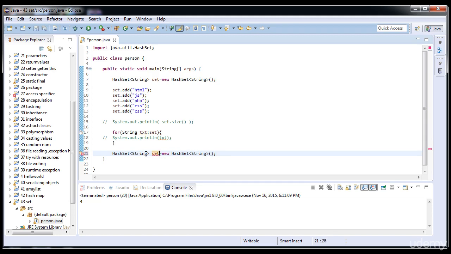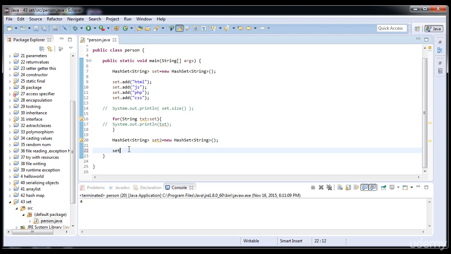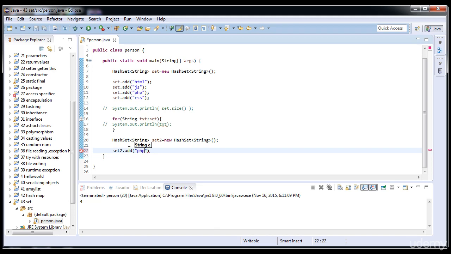Here set, and its object name is set2. And now I'm gonna add the values in it. I'm gonna remove this value. Here I'm gonna add the values in it. Set2 dot add. I'm gonna add the PHP, that is the common in both sets, and other value is HTML. And now I'm gonna add the different values. Set2 dot add, set2 dot add. Here is the value Java, and the fourth one is